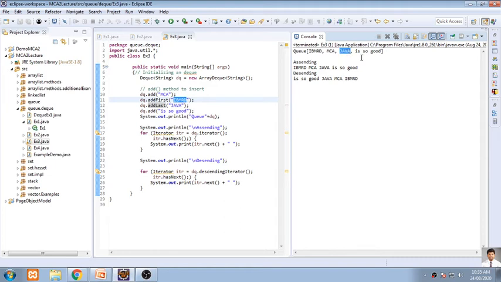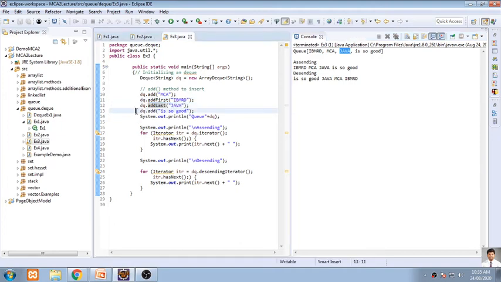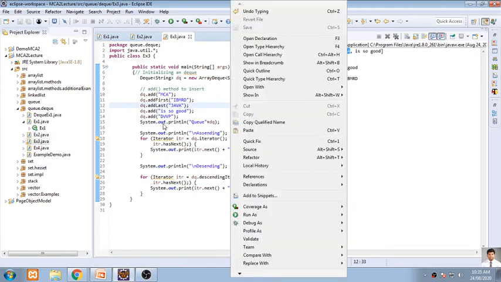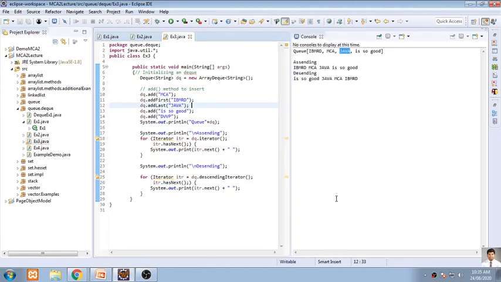And then again I am adding with dot add. See, I am again adding with add, and it is adding at some other position. Suppose I am adding DVPP. Now see, this is not added at the last. After executing add last, it is added. So I am running this program.